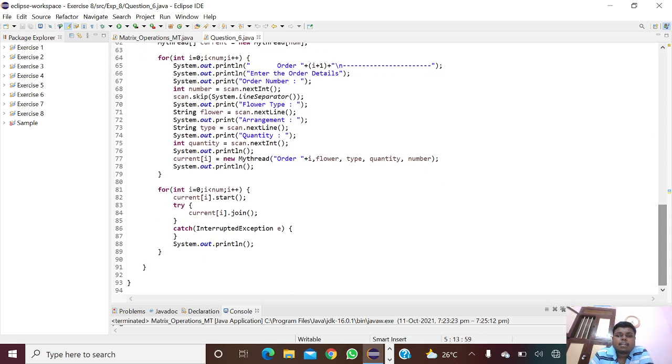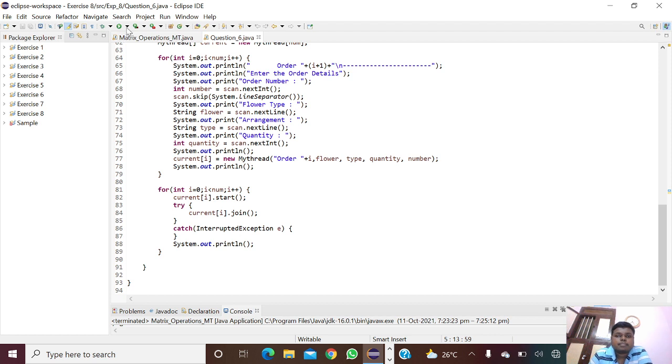After this, current of i equal to new MyThread of order plus i and flower type and quantity number. It's using a for loop, for int i equal to 0 and i less than num, i plus plus. Then using current of i dot start. Then using try catch, and try current i dot join. Then catch InterruptedException e.